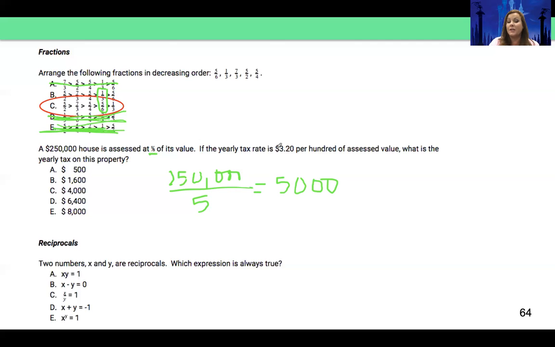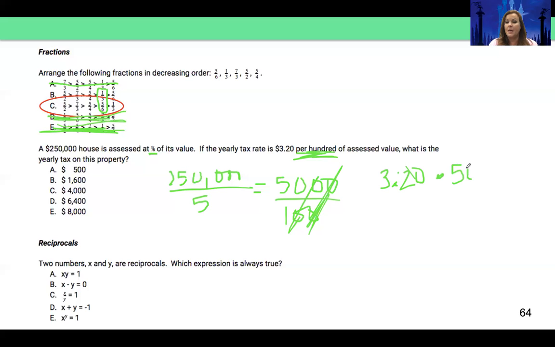The yearly tax rate is $3.20 per 100. So we need to divide this by 100. So that basically cancels out 2 zeros. So now it's on 50. So $3 and I can't make a decimal there. And 20 cents times